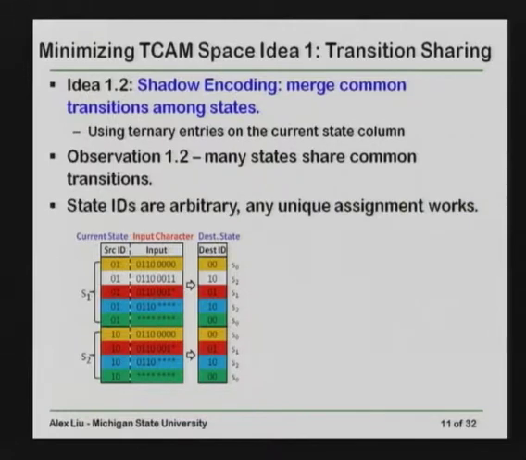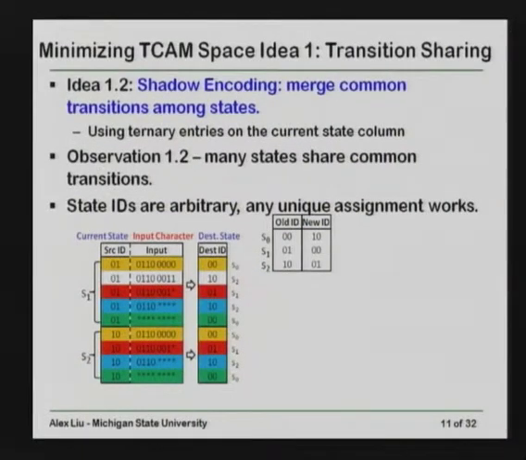So the good news is that the state IDs, we can assign them arbitrarily, right? State IDs, you can assign in any way you want. So if we assign the IDs carefully, for example, we assign S1 by 0, 0 and S2 by 0, 1,